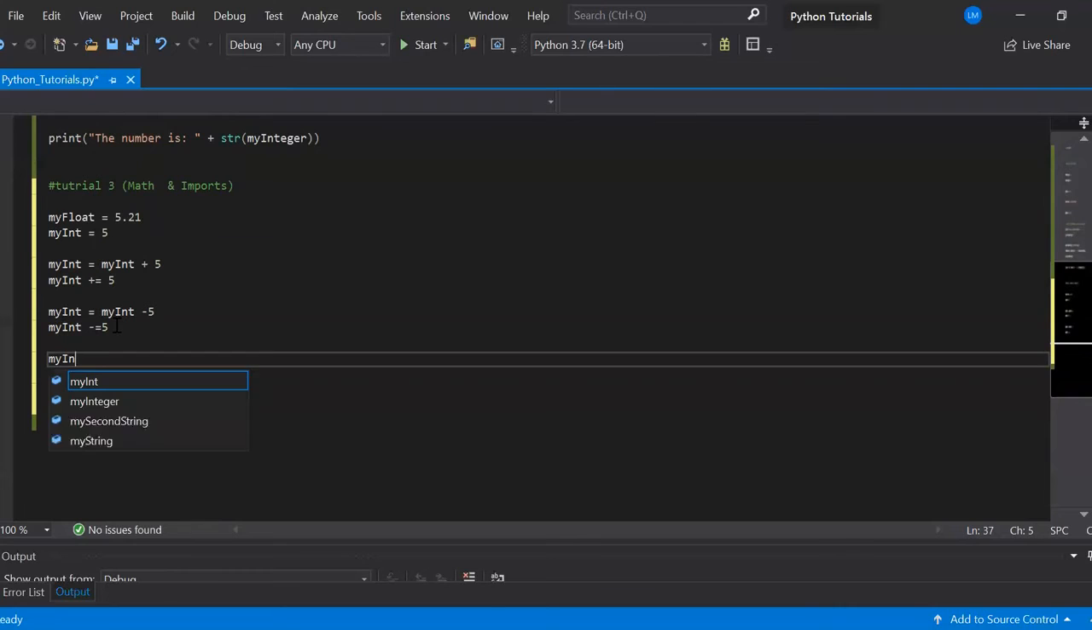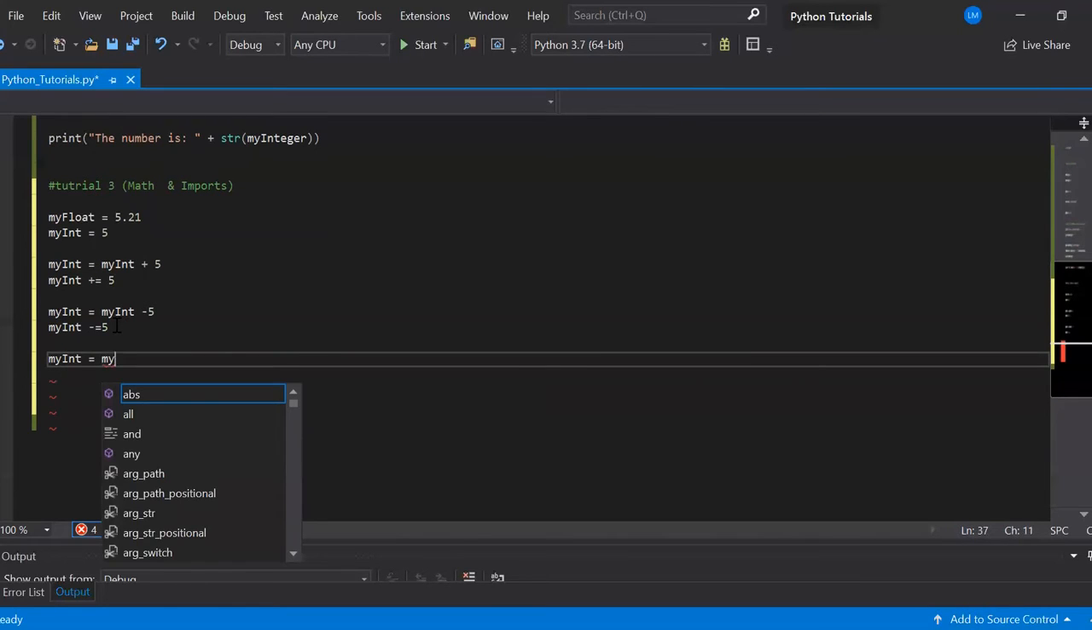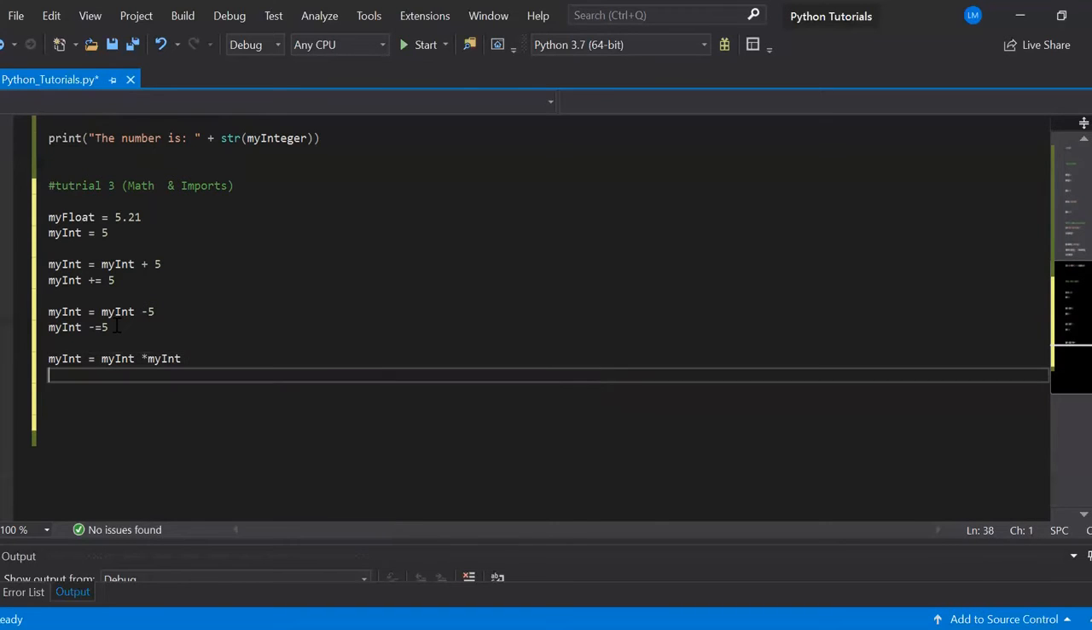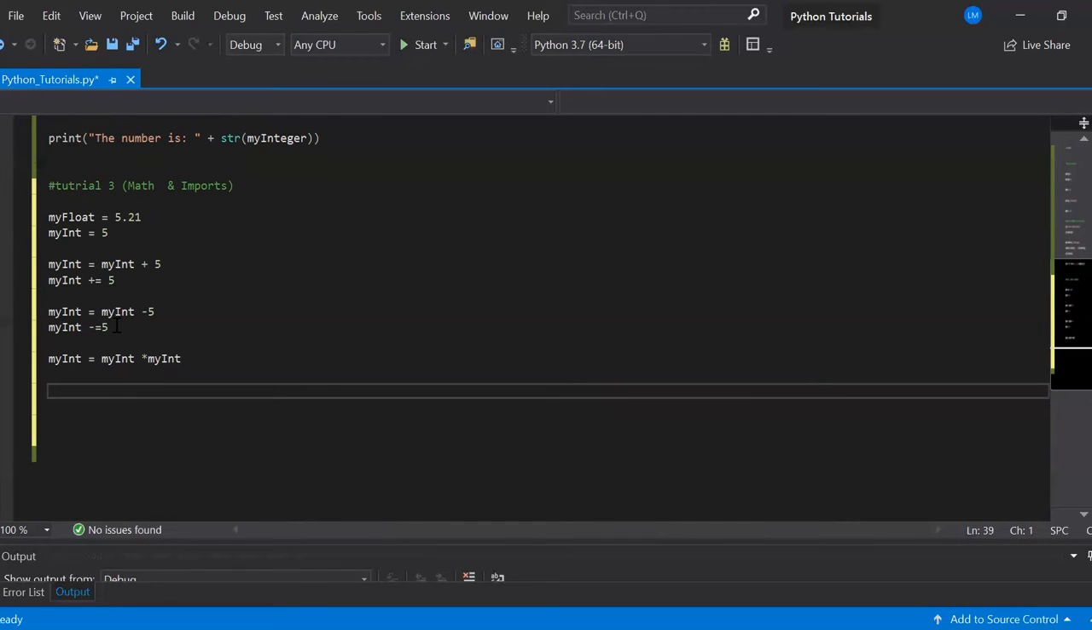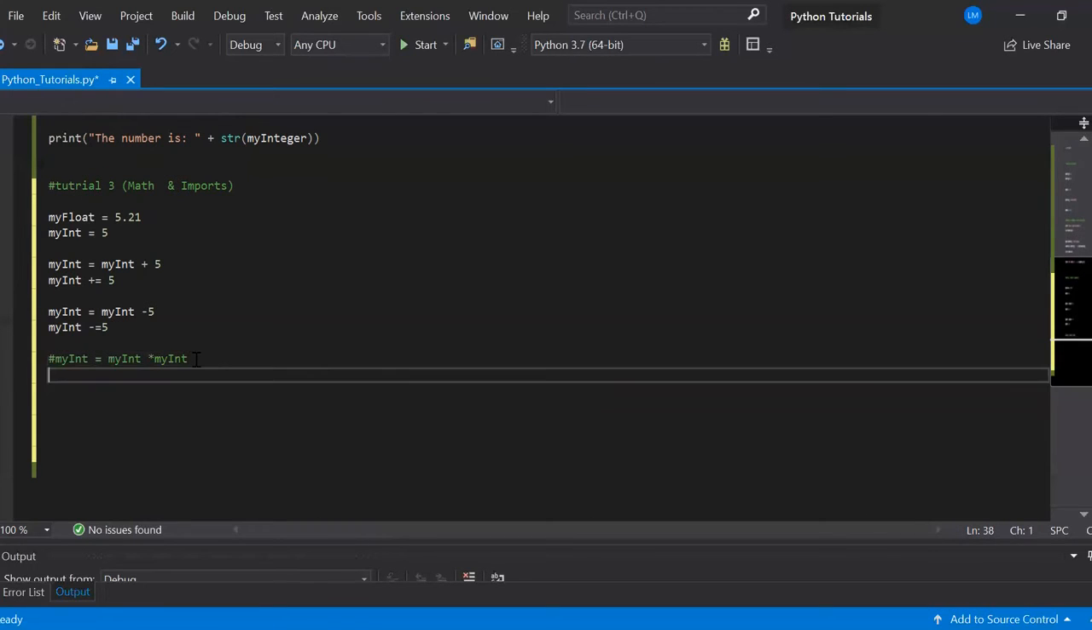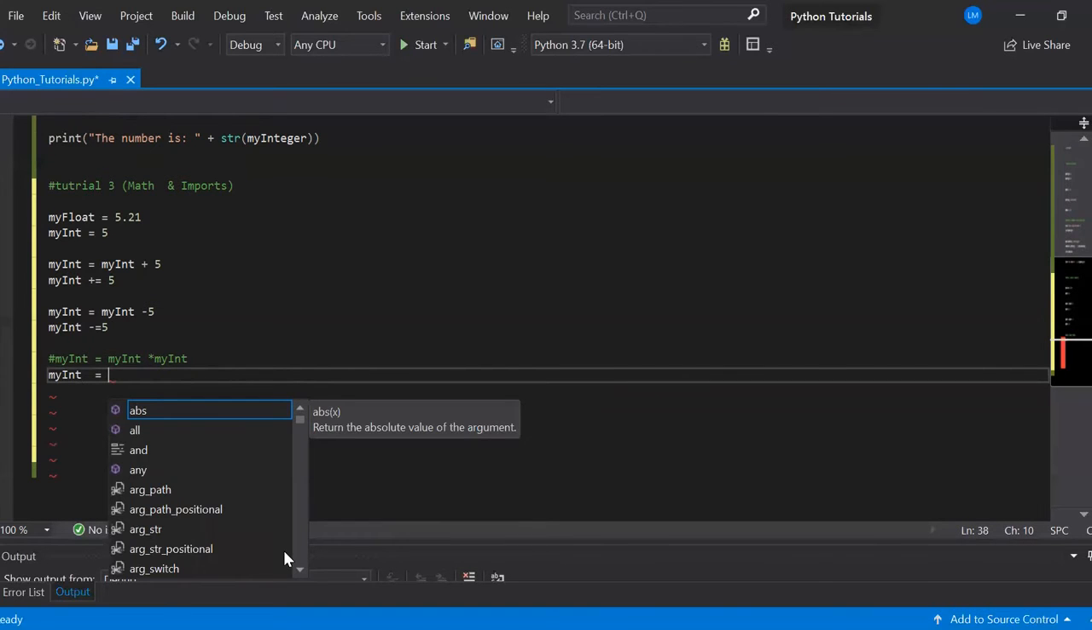So my int equals my int times my int. This is one way to square things, but another way we can square things is by using math, which is why we imported it at the top of our program. So instead of this, let's comment this out so we don't want it to work. We can write my int,